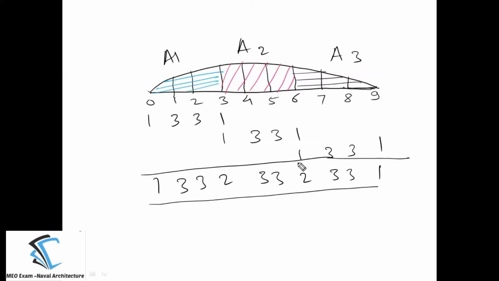The same thing will be applicable if you have half spacing, or you can say half interval, whatever we have done in the case of Simpson's first rule. You have to divide all the Simpson's multipliers by 2 if it is a half interval. If it is a 1/4 interval, then you have to divide all the Simpson's multipliers by 4. Okay, I hope all of you understood this.